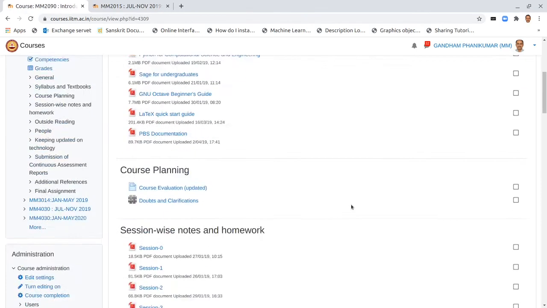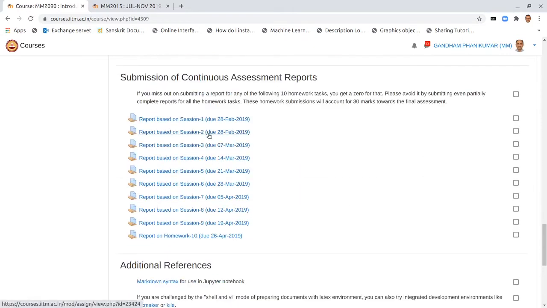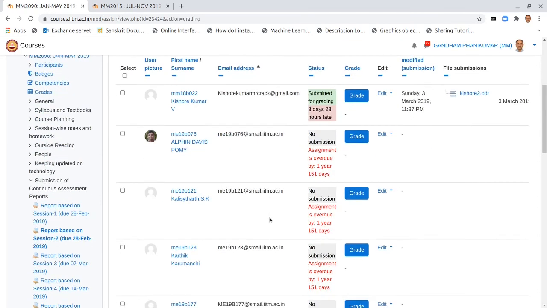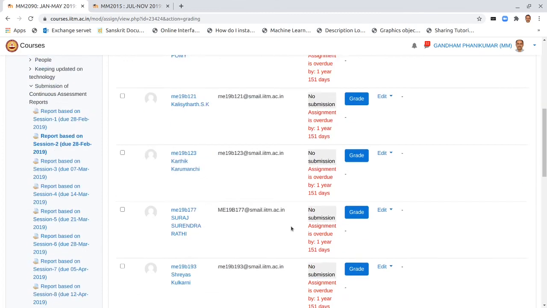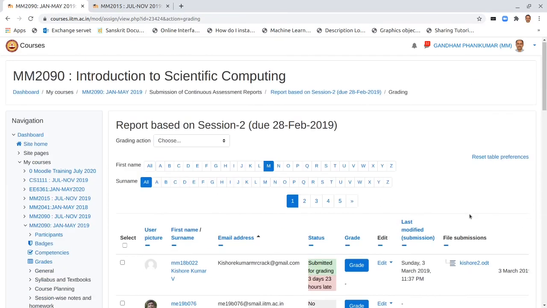So I go to the MM2090 course, and there, for example, I can pick view all submissions, and this is how it looks, and I could click here and give the grade then and there. One of the useful things about this is that you could click here and download all the submissions. That is useful to create an archive of the assignments, because the Moodle course may disappear after some time